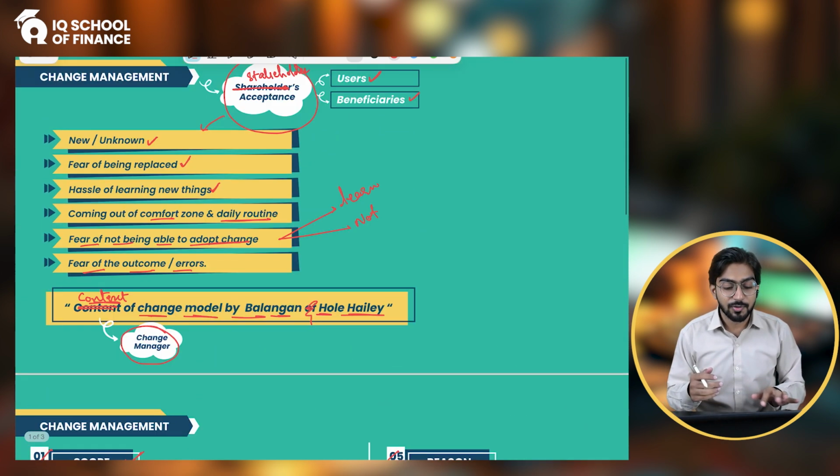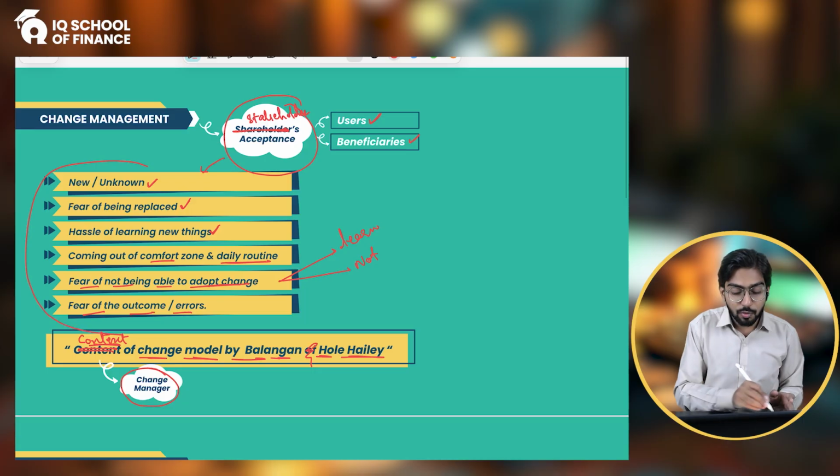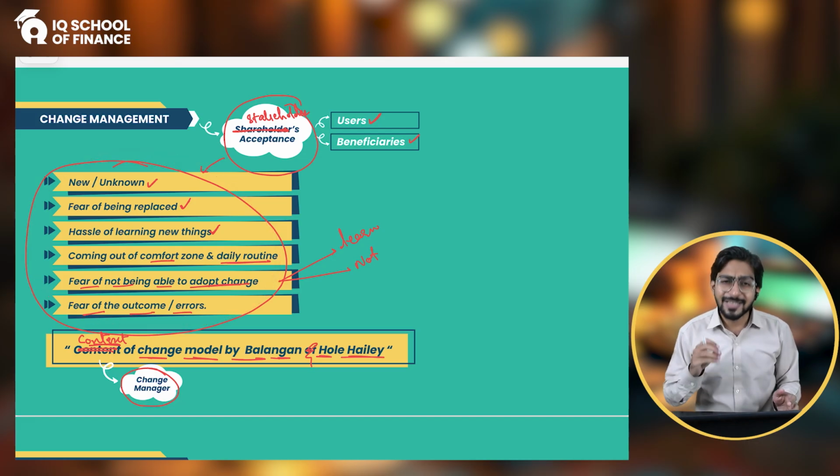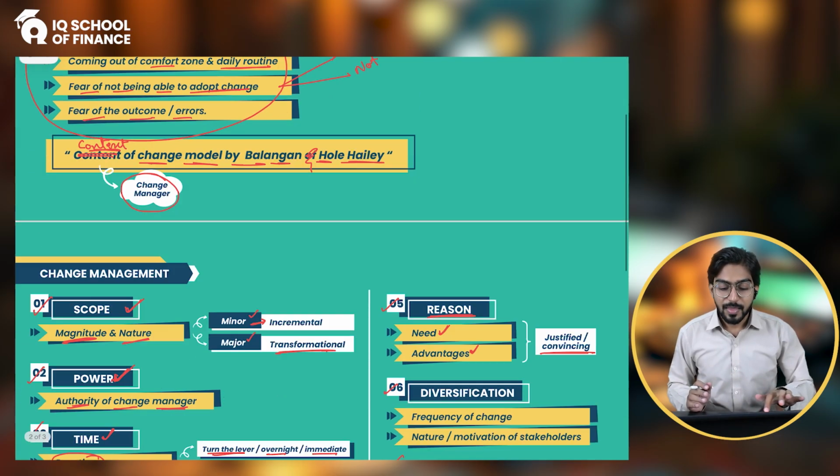You can justify that, I understand that you have to go through all these things, but there are some advantages, there is a need for this, and you can convince them. If you can convince them, then you can implement a good change. All right, then sir,